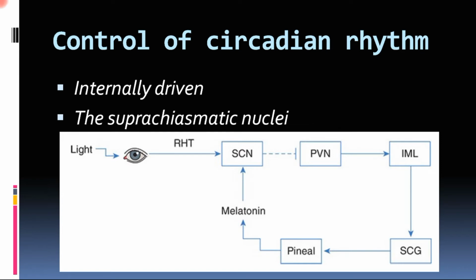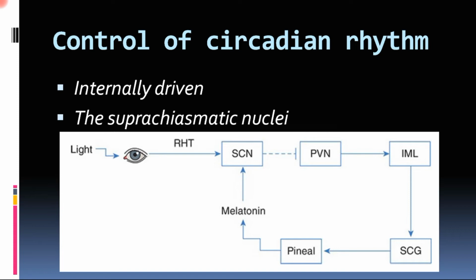Now when it is night time, when there is no light, what will happen? This inhibition of the suprachiasmatic nucleus on the paraventricular nucleus will be lost, and then the paraventricular nucleus will follow its normal course, which will stimulate the secretion of melatonin, which is responsible for the initiation of sleepiness and other physiological responses which occur in the dark. So that is how the alternation between the activity of the suprachiasmatic nucleus and the activity of the paraventricular nucleus works.